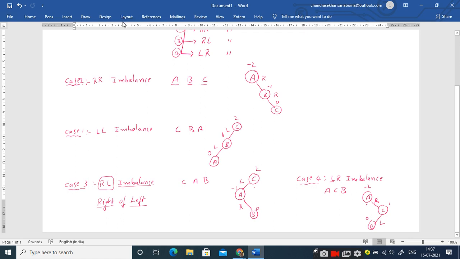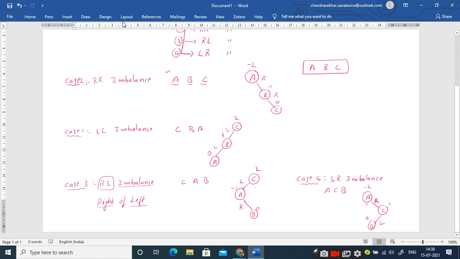Right. So these are the 4 types of imbalances we have. And one more important point, what another girl has asked, right? If we have 3 elements A, B and C, how many possible combinations can we have? Sir, 27. There should not be any repetition, right? Sir, 3 factorial, 6. So it is 6, right?